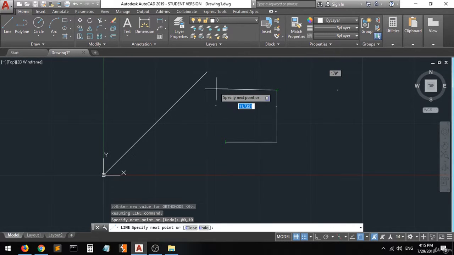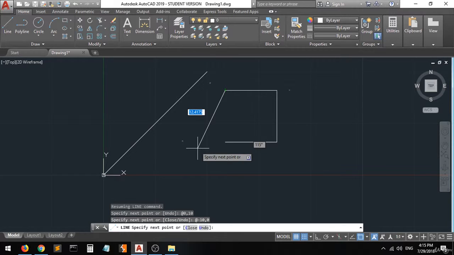Minus 10 on the x-axis and 0 on the y-axis. Let's do it again. Let's do it together. Type the at sign. We want it what? Minus 10 on the x-axis slash 0 on the y-axis. Enter. And now we have created this horizontal line moving from here to the left and has a 10 unit